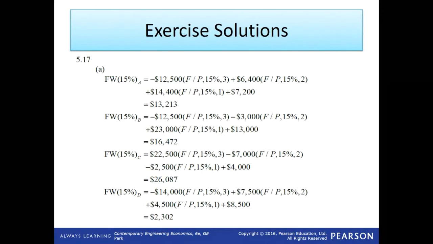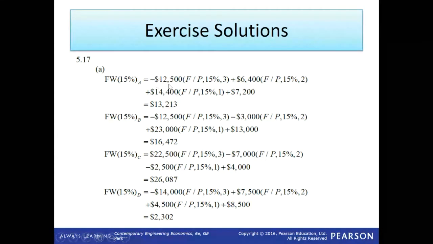Now, if you look here, what is the future worth of each of these projects at 15%? This is the answer from the solution manual. First one is minus 12,000, and what is n? You can see here on the screen it is 3. For 6,400, n is 2. For 14,000, it is 1, and for the next one, it is the same amount because n is 0. So 13,213 is our answer